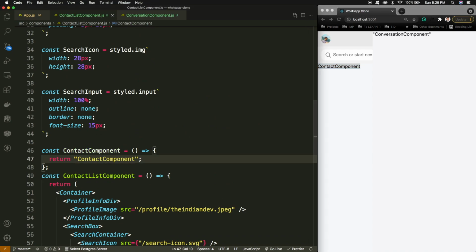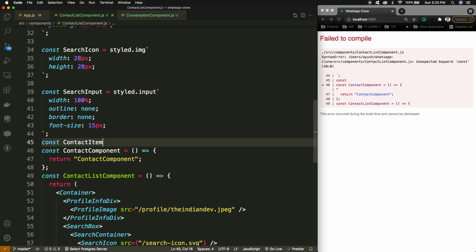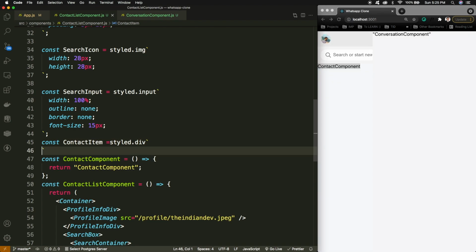So for the contact component, I can have its parent container. Instead of defining it as container, I can have it as the contact item, a styled div.